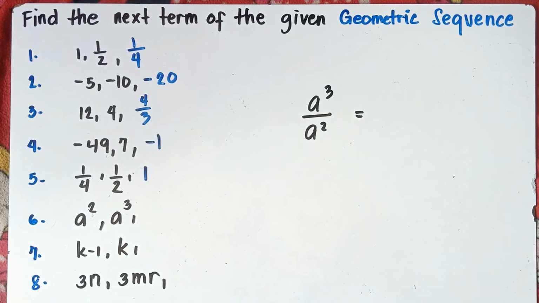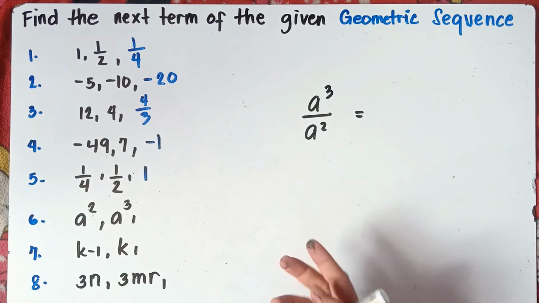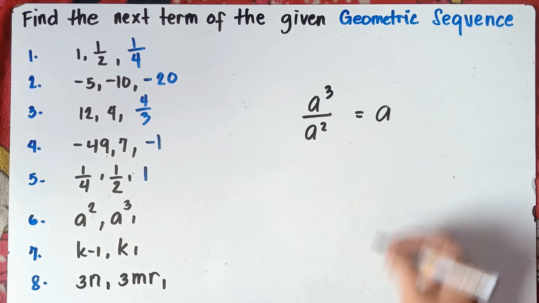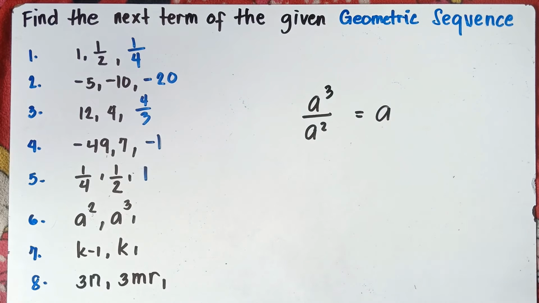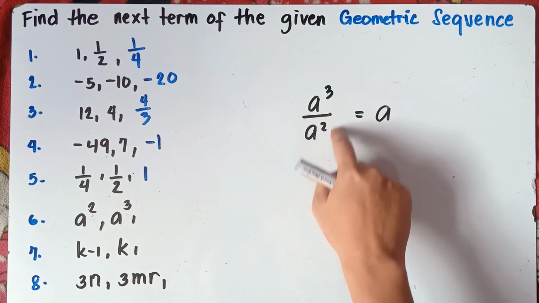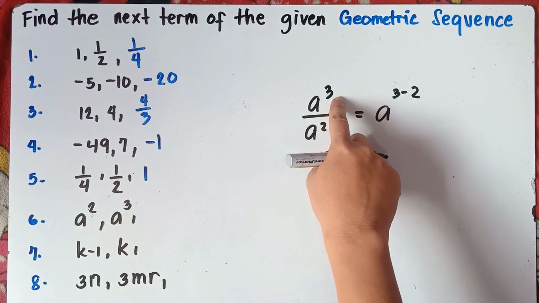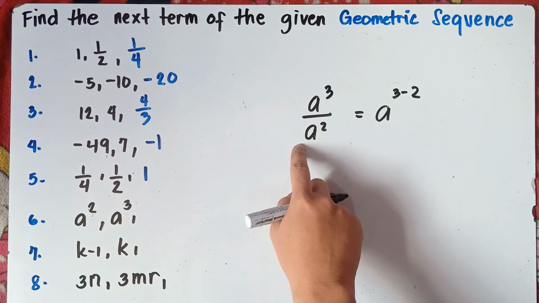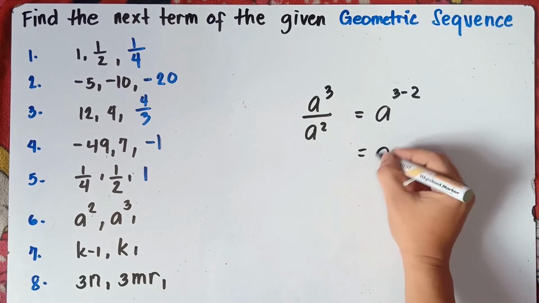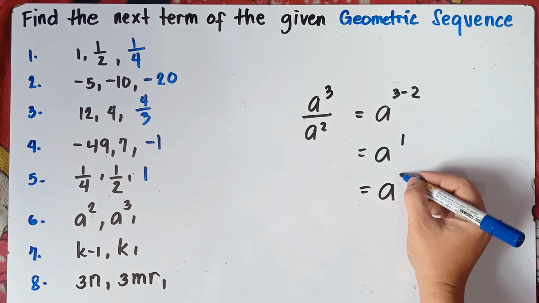So the rule in dividing exponents, or the quotient rule, class. If you still remember the quotient rule, if they have the same base, you simply copy the base. This is actually the laws of exponents, class, and you are referring to the quotient rule. If they have the same base, simply copy the base, then you subtract the exponents. 3 minus 2. So once again, divide a cubed by a squared, same base a, copy a, and then you subtract the exponents. 3 minus 2 is 1. So that will be a raised to the power of 1, or you can just simply write a, because it is understood that a has an exponent of 1.